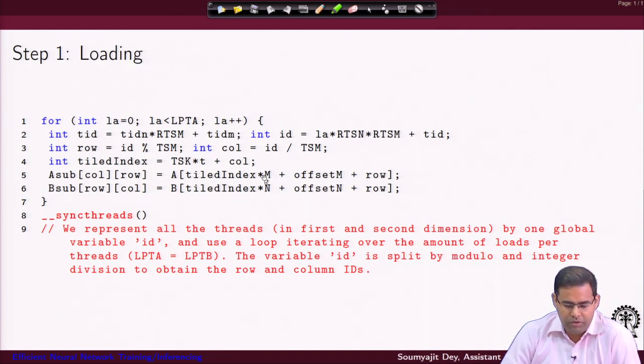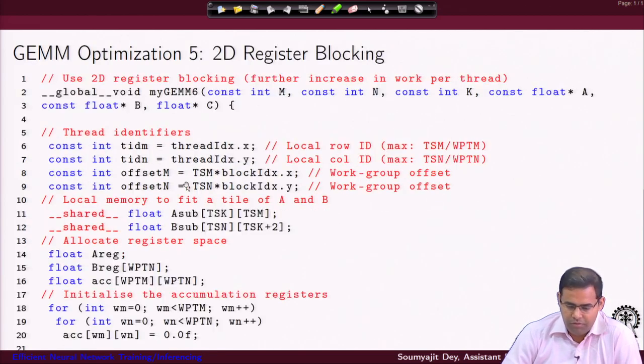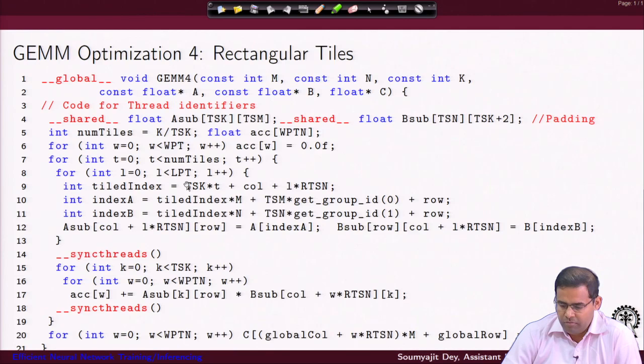So, by computing these values I can just figure out from where to load, and then the other thing I will do is I will figure out the ID of the thread by using this local computation. You can just easily check how this ID is getting computed, and if you just do a modulo and a divide operation, you can find out what is the row and column index in A sub and B sub where you are supposed to put the value. Mind that your A sub and B sub have the opposite things, because for B you are having the transpose matrix. So, it is just like the previous case. B sub always has this in rows, same thing.